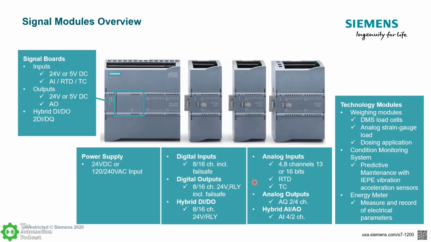For the analog inputs, 4 or 8 channel, 13 or 16 bit, depending on what your needs are. We have RTD, thermocouple, analog input cards, typical analog output cards, 2 or 4 channel, or you can get combo cards as well. And then we also have,